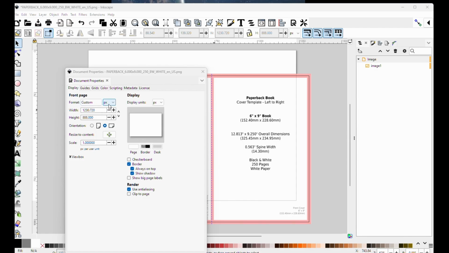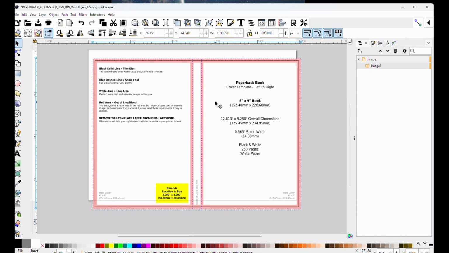And in this case, it's specified in pixels, but we're going to change that to inches. And if these numbers look familiar, 12.82 and 9.25 inches, that's the size of that template that we looked at. That's the overall size of the template. And you can see that on the template itself, 12.8, in this case it's 12.813. They've rounded it up to 12.82 and 9.25. That's important that the canvas that you're working with in the product be exactly the same size